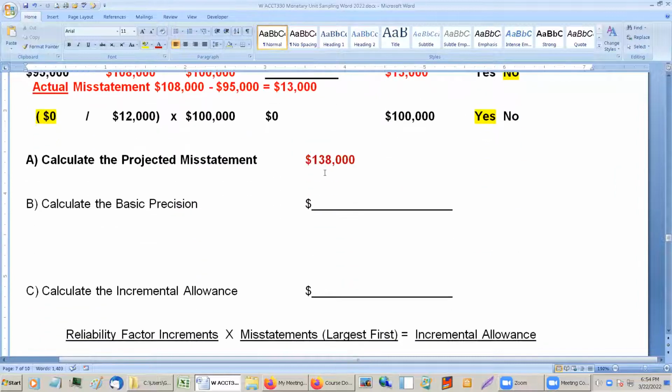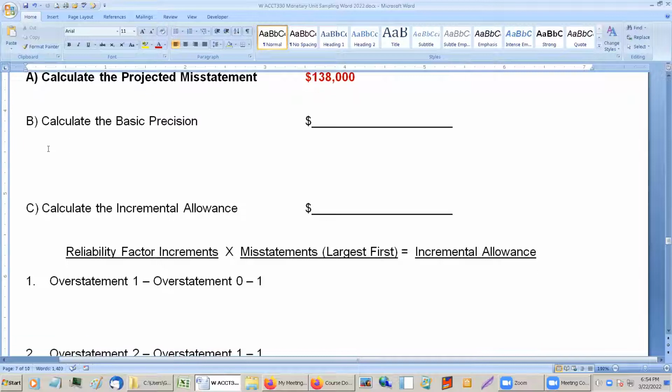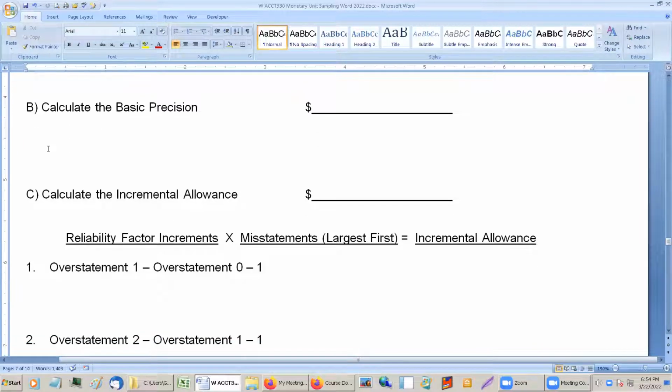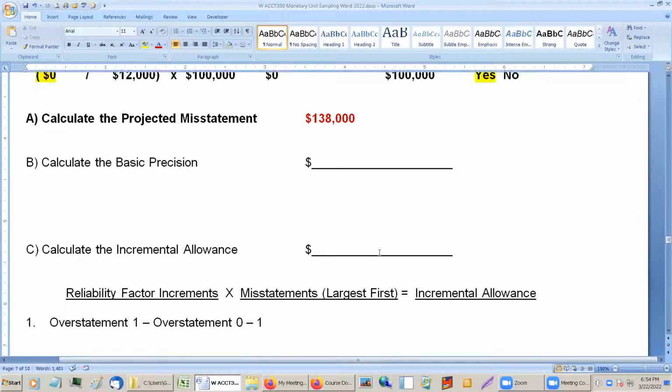See if you can calculate these second two here. You can calculate B and C, and then we'll see back at